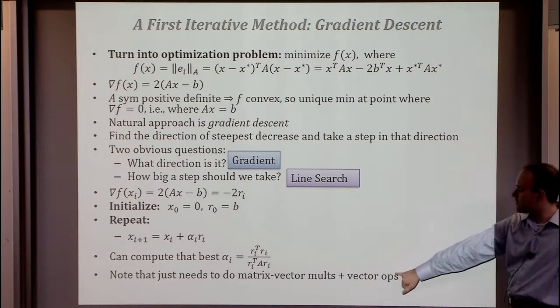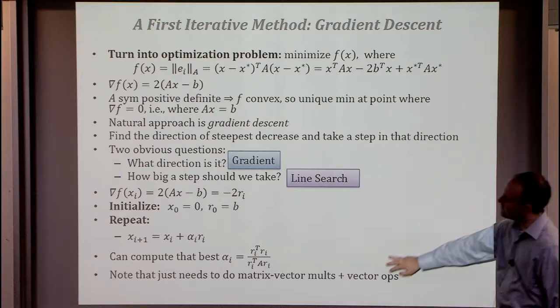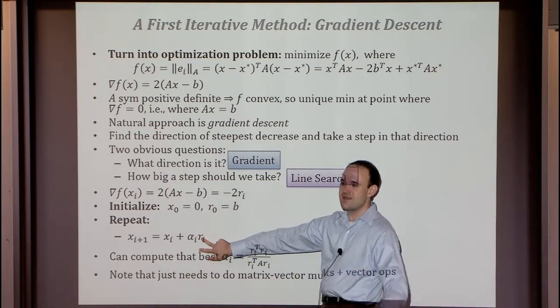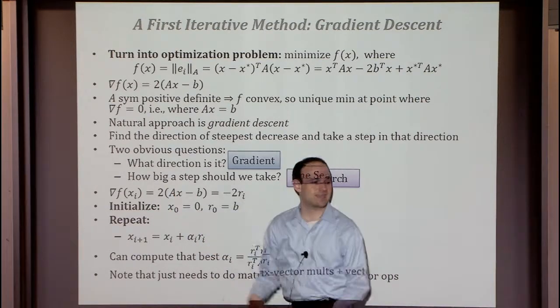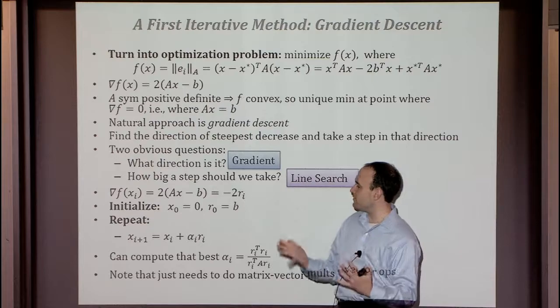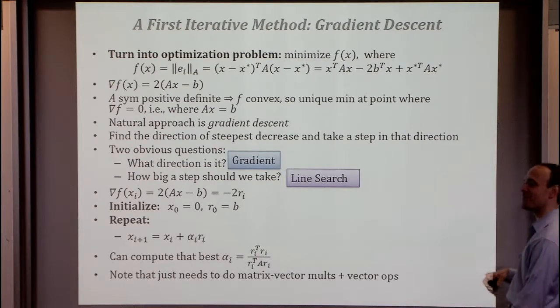Okay, so all we ever need to do is matrix vector multiplications and vector operations, right? The only one that could be subtle is the R_i, the step direction. But computing the gradient is just computing R_i. Computing R_i is just computing Ax minus b, right? So the gradient does nicely line up. And so all we ever have to do is if I give you my present value of x, you multiply it by A, subtract it from b, repeat. So what we have now is actually a well-formed iterative method.